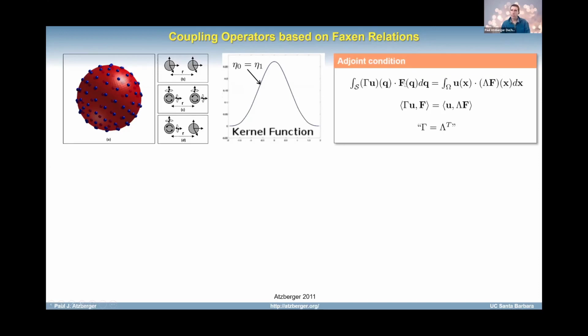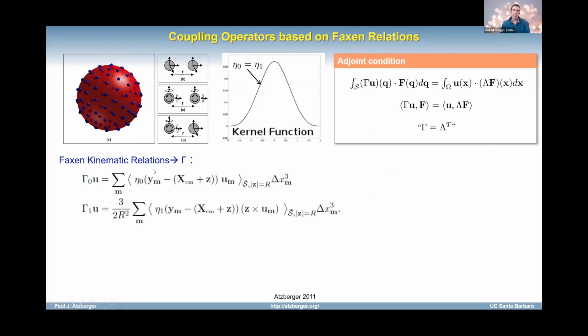And so what we're going to do then is use the adjoint conditions to leverage the Faxén kinematic relations, which tell me that the translational velocity of the particle should go like this integral over the surface of the fluid velocity. This is just weighting according to the distance between the center of mass and that particular point in the fluid mechanics. So there are little blobs around each one of these blue points.